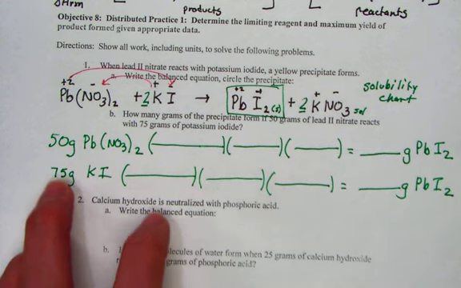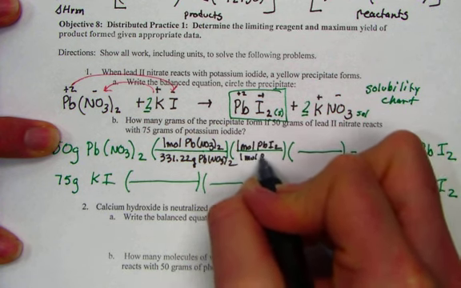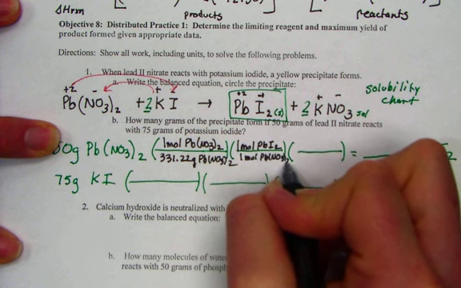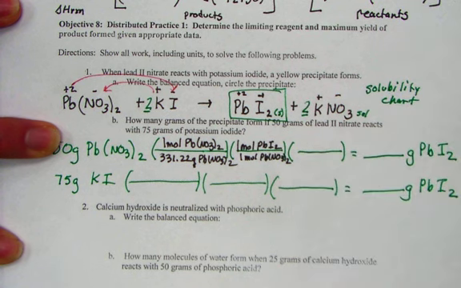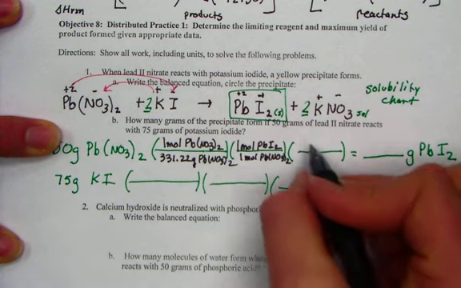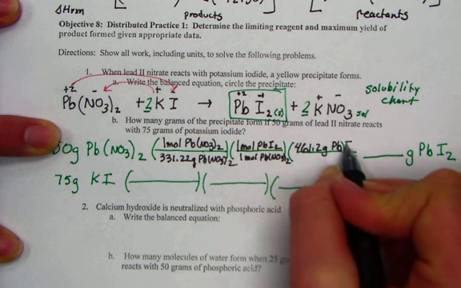Our target is the PbI2, our want over given ratio looks like a 1:1. For every 1 mole of PbI2, I have 1 mole of Pb(NO3)2. The last thing I'll need is the molar mass of our yellow precipitate, the PbI2. Again, lead using 207.2, plus the iodine, which is 127, but there's 2 of them, so I'll double it. I'm finding 461.2 grams is the molar mass of our target,